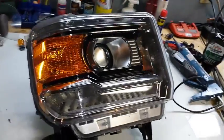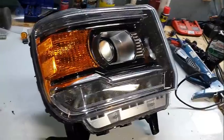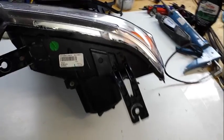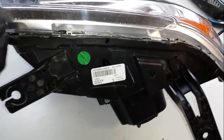Here's a quick how-to for getting these things open. Very similar to GMT 900s. You're going to stay behind this lip here. You're going to go all the way around. You are actually going to cut the...